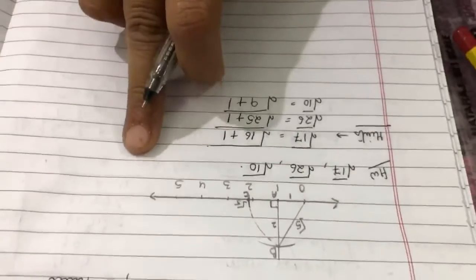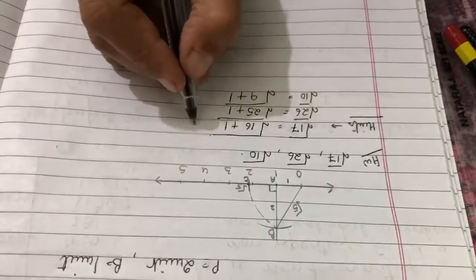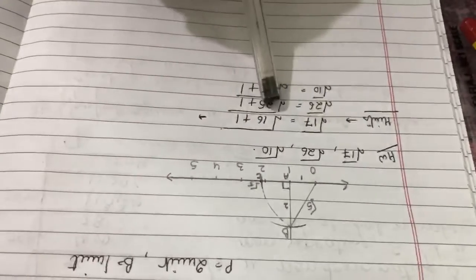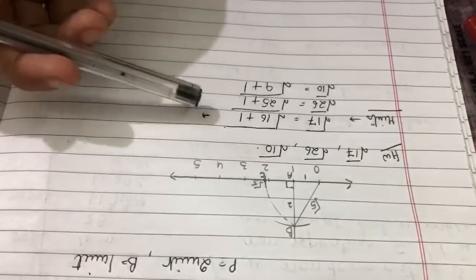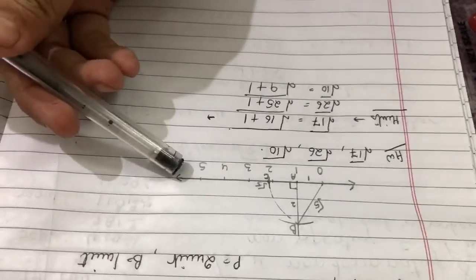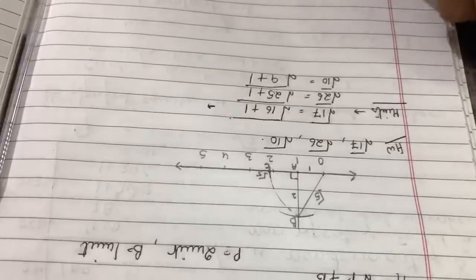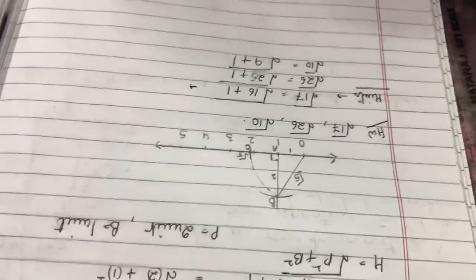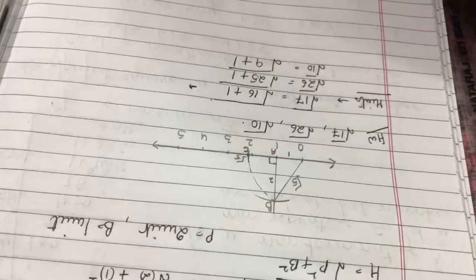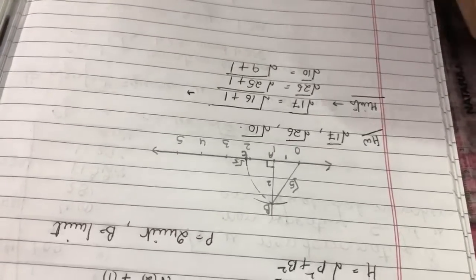Is it clear to everyone? So now it's your homework to convert these into squares of numbers and then draw number lines of your own, and we are going to discuss it in my next class when we continue with the topic. So all the best for your assignment and do it well.